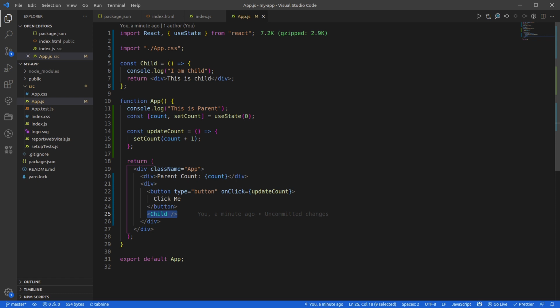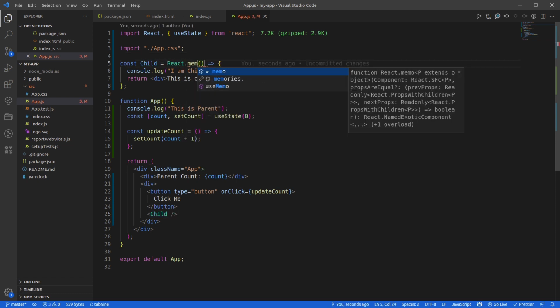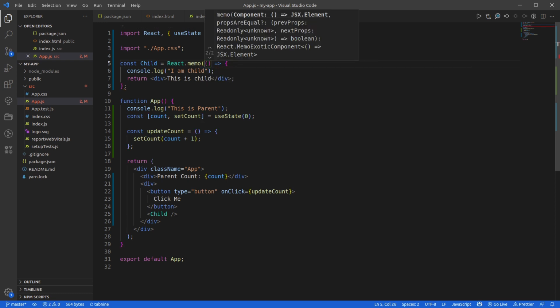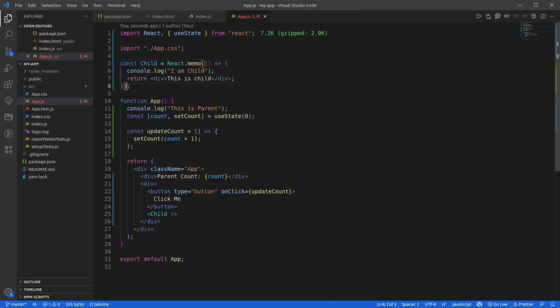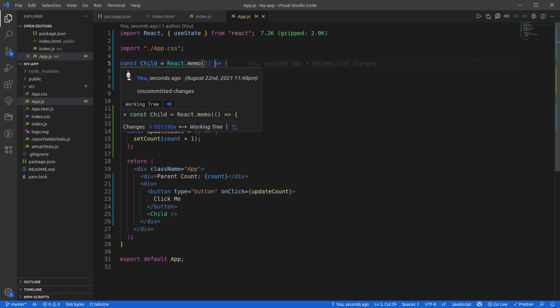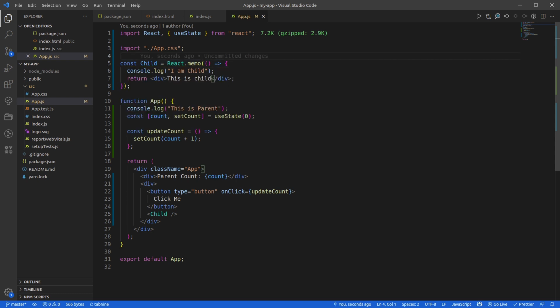We can prevent this re-rendering by using a higher order component, React.memo. So just wrap your component inside React.memo, and what it will do is memoize this component, retain the UI, preserve the UI of this component, and then later use it without making further re-renders. So now what I have done is I have passed a component to React.memo. As I'm saying, this is a higher order component, it takes the component, makes its memoized version, and returns the memoized component.